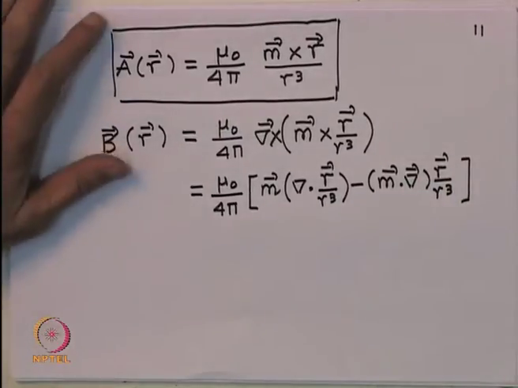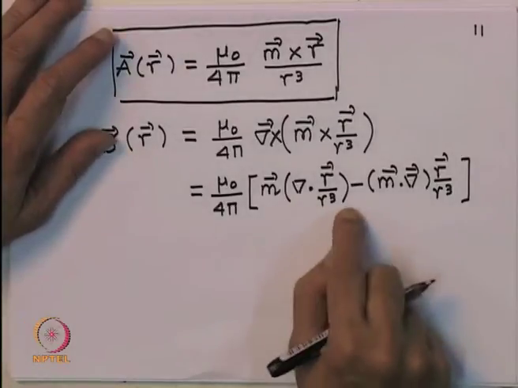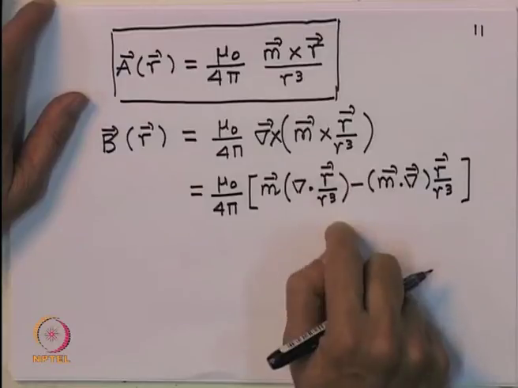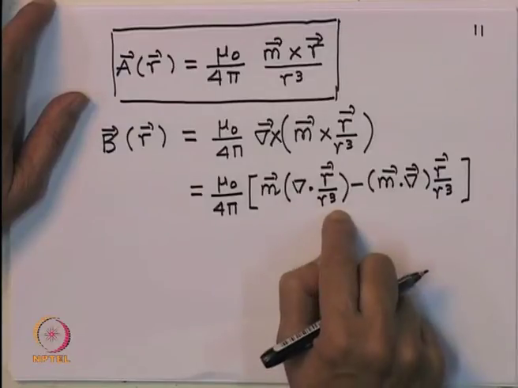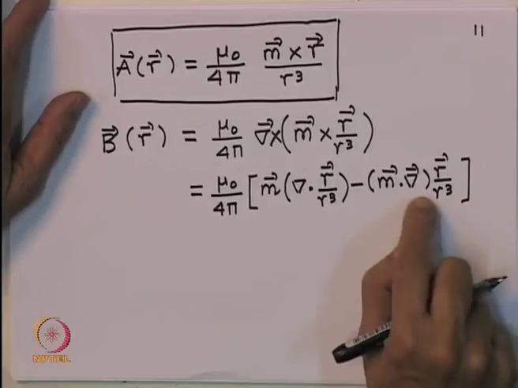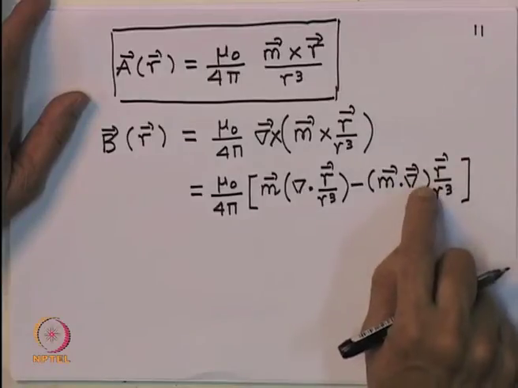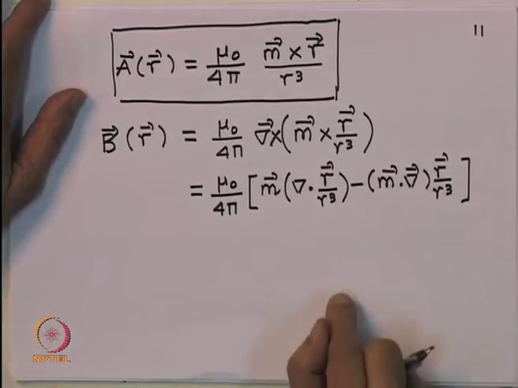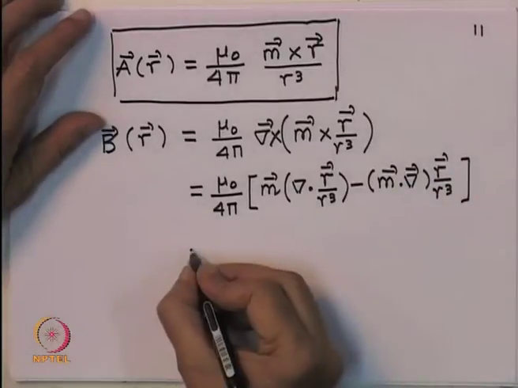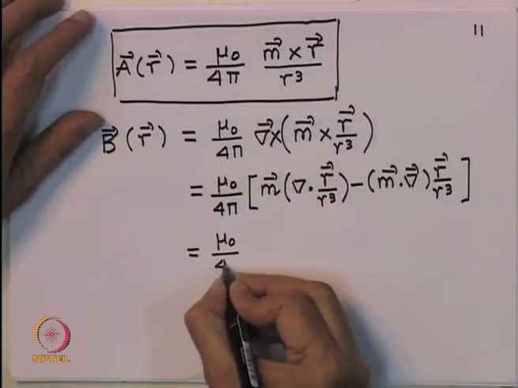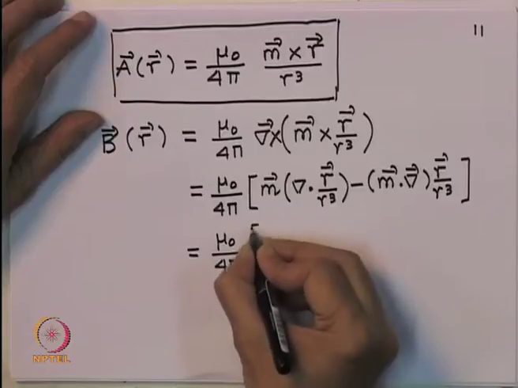I leave it to you as an exercise because we have several times done this calculation, divergence of a scalar times a vector. This you can easily calculate, and this gradient calculation is something which I did some time back, that it is to be what is meant by gradient of a vector, that is I have to take component wise and do it. And you can show that this gives me mu 0 by 4 pi